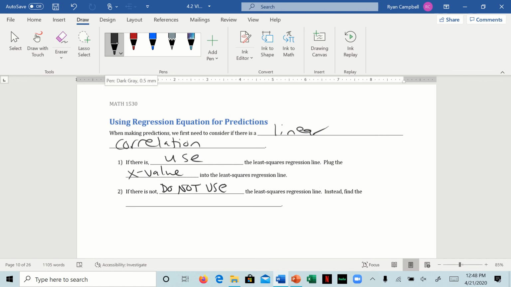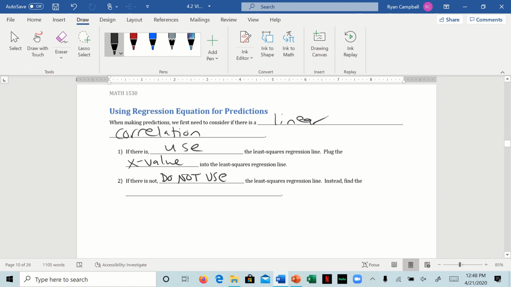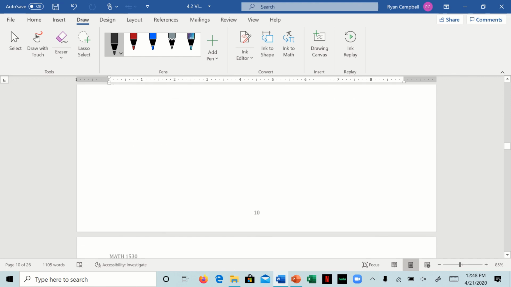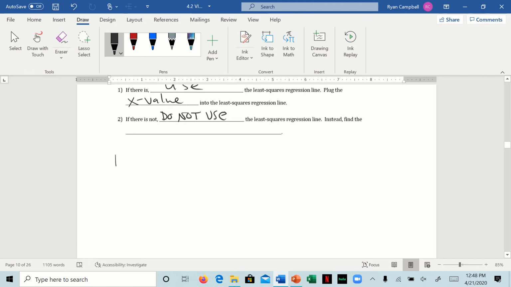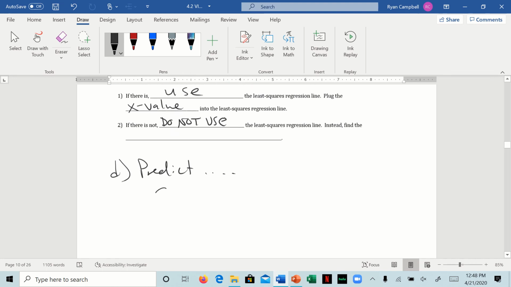So instead, we need to do something else. Okay, so first, notice, if we go to part D for all of these problems that I've done so far, it just says predict, blah, blah, blah. So where does it ask you to do linear correlation? It doesn't. It never asks you that. So that is now a super